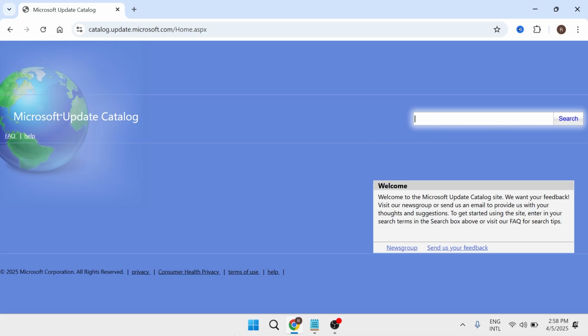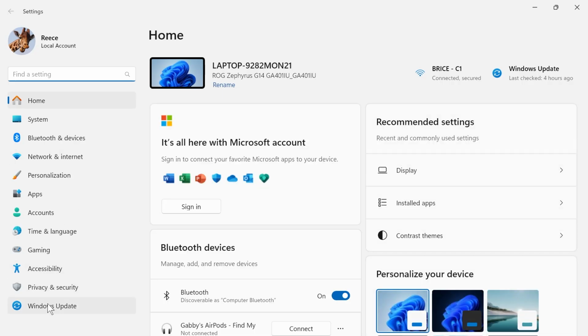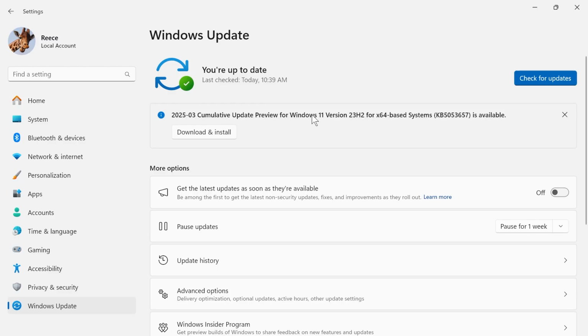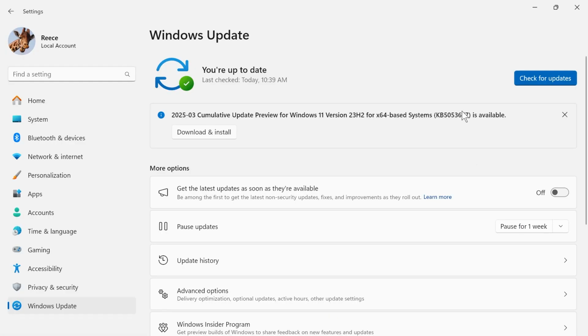So what we can do is head over to our Start menu and just search for Settings and click on this. In the left hand side, click on Windows Update, and next to your Windows Update, you're going to see this number that starts with the letters KB. Now this is the number that you can search for in the Windows Update tool. So I'm just going to type in this number here that's in my settings,